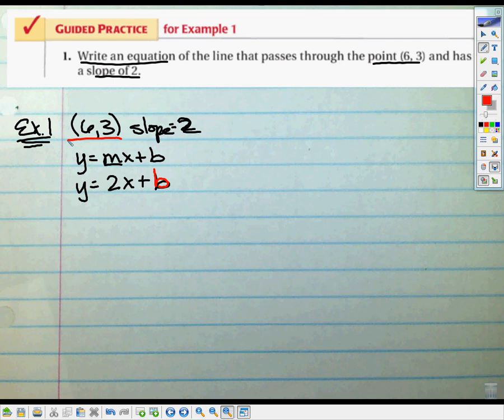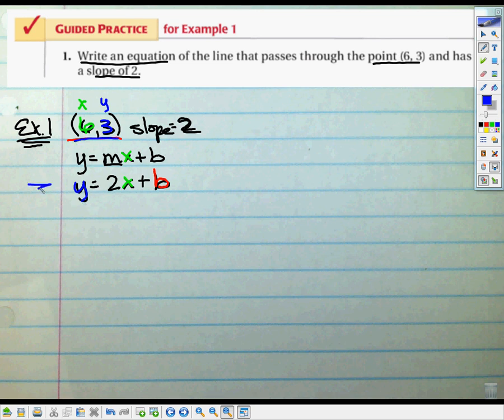The key thing we will do is recognize the 6 is the x-coordinate. It goes in for x right here. And the 3 is the y-coordinate, and that will be going in for y,